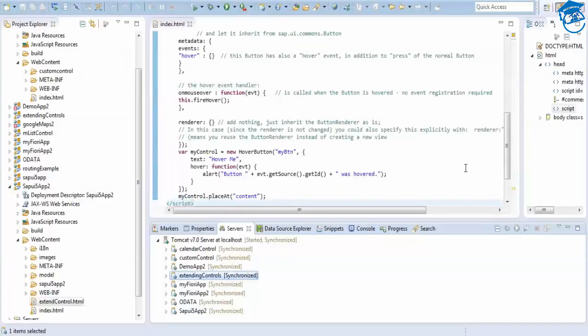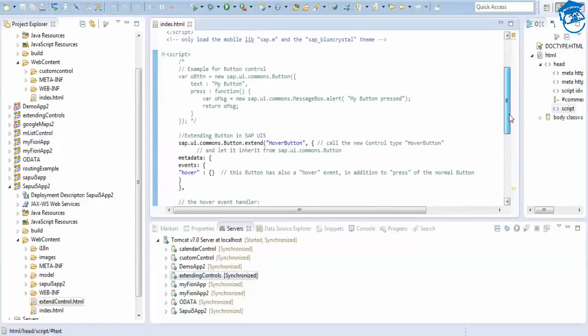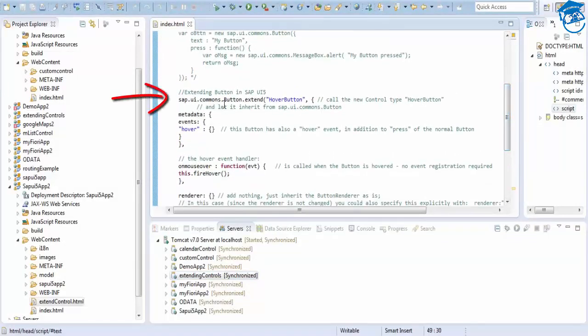What I'm going to do is, first I started with sap.ui.commons.Button.extend, and inside this extend I have HoverButton. Inside this we have a meta information. This is how we define an extended control.